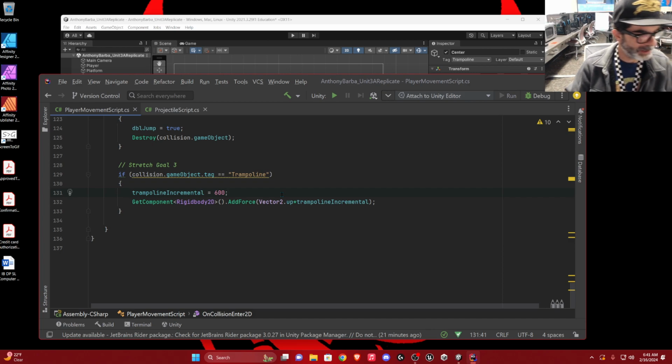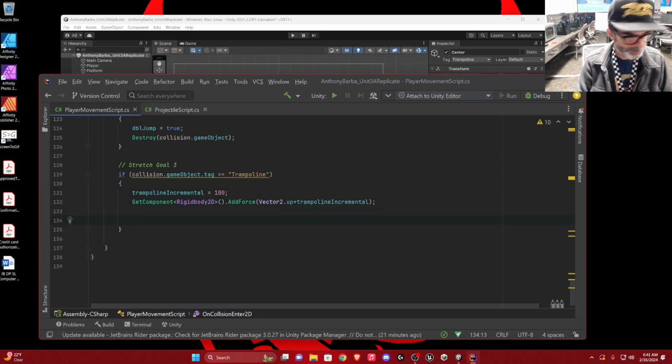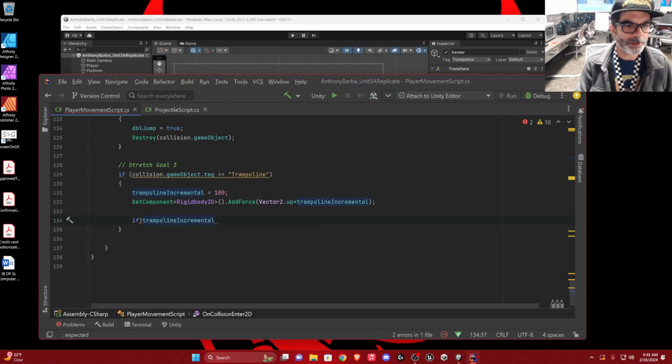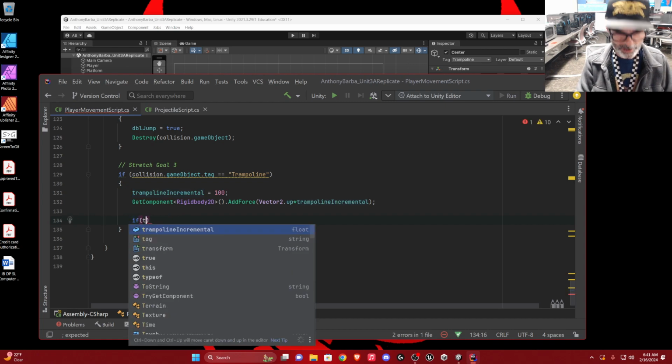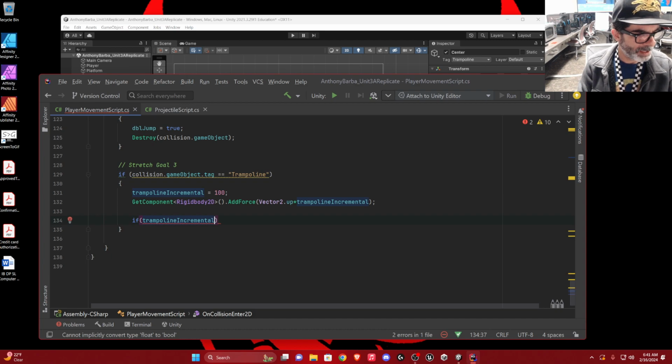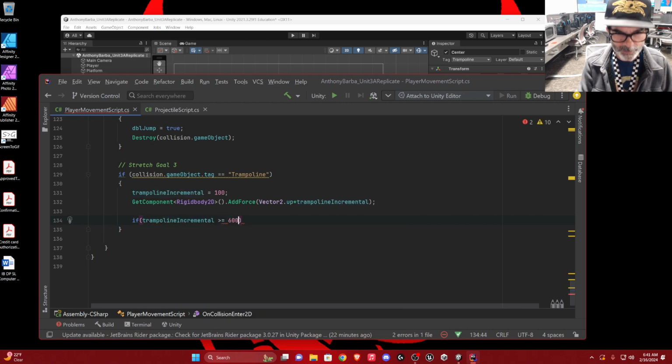All right. So I'm going to say this. I got this here. I'm going to start this at, I don't know, 100. Okay. Then I'm going to say if tramp incremental. Oops, wrong way. If tramp incremental is, let's just say, greater than or equal to 600. That's where I want it to max out. Okay. So if it's greater than or equal to 600,